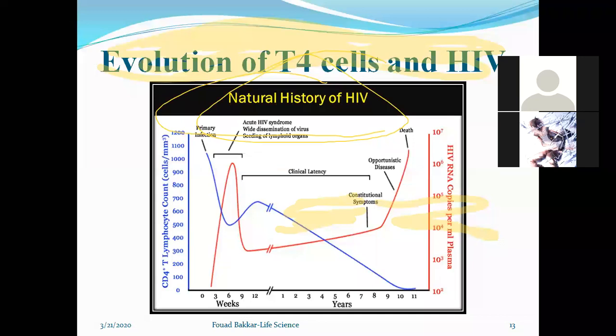But you don't know that the target here is a drop in the number of T4 cells. Meanwhile, the HIV is growing inside your body. Unfortunately, it sometimes takes between 5 to 6 years, even 7 years, before we can notice a dramatic drop in the number of T4. And those who studied the specific immune response well, humoral and cell-mediated, can understand that whenever I don't have T4 anymore,